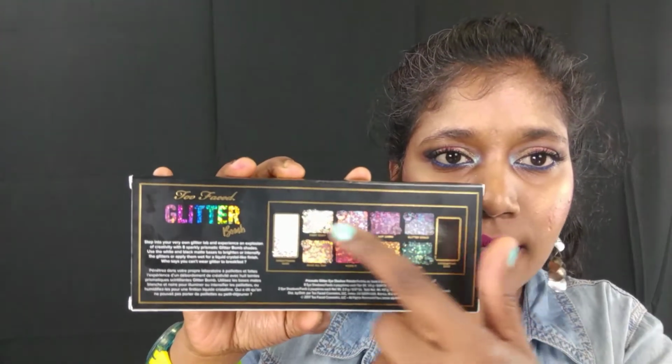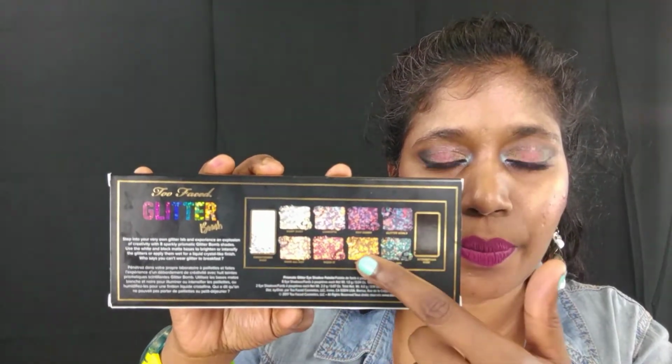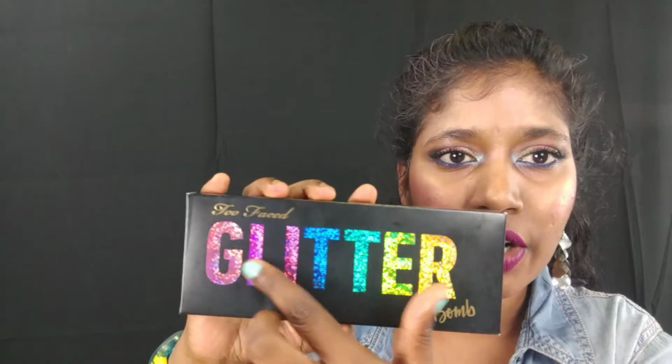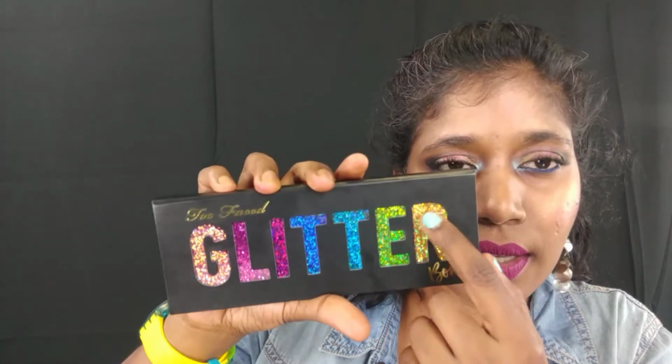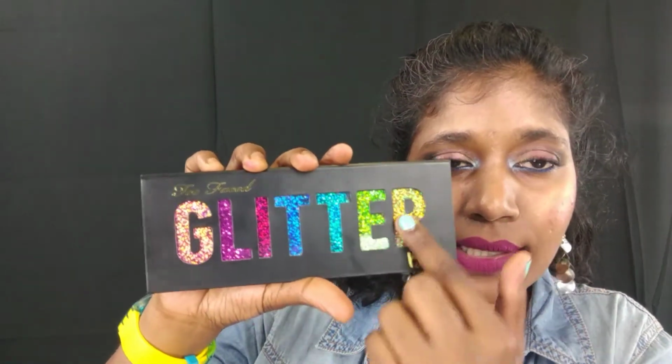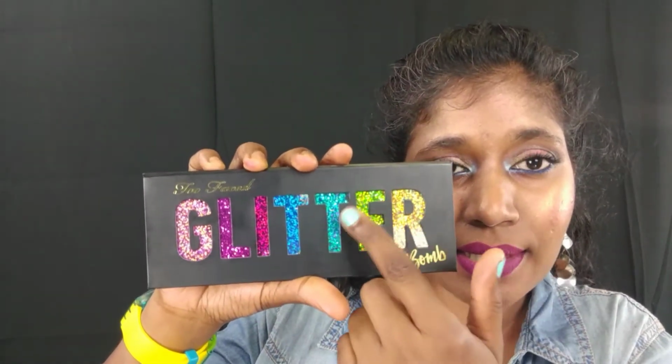Now let me just jump into some details. At the back of the palette you can see that it shows the actual products that you get in the palette. You have a black eyeshadow and then a white eyeshadow, and then you have 8 glitter shades. Now the packaging is really good. It's very, very pretty. In the actual box, in the actual product, the glitter that you see here is actually embossed, and inside this is